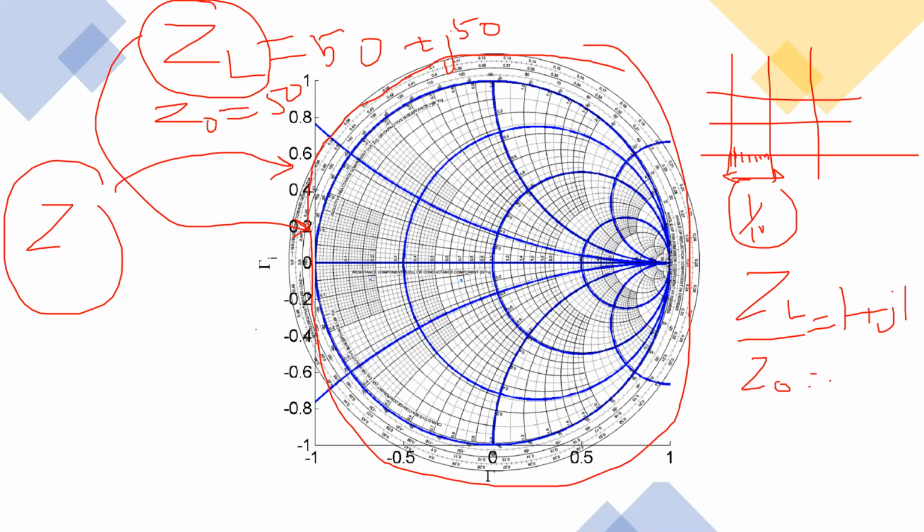So here you can see what is the resistive element? It is 1. And what is the reactive element? We note it with B. The reactive element is 1. So the resistive element is 1 and the reactive component is also 1. How do I plot this normalized impedance? I need to see, for the resistive part, where R is equal to 1.